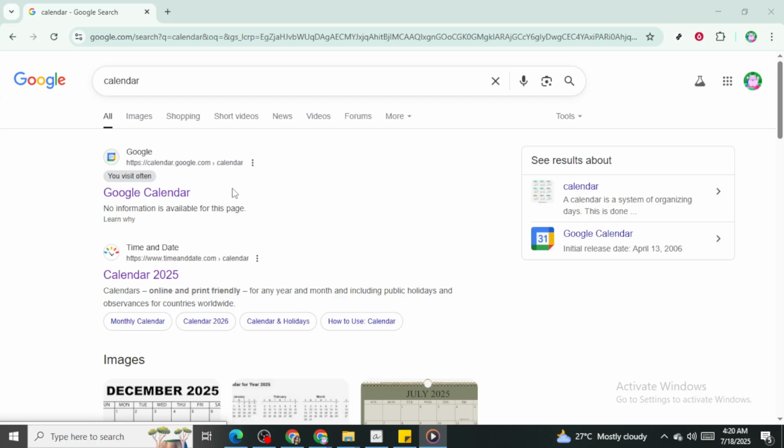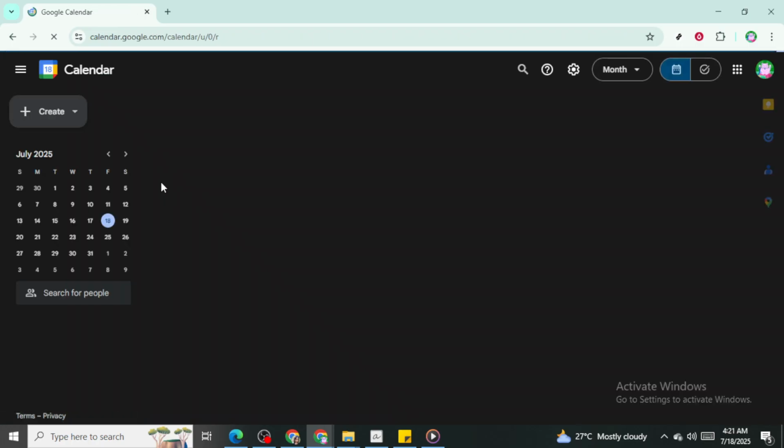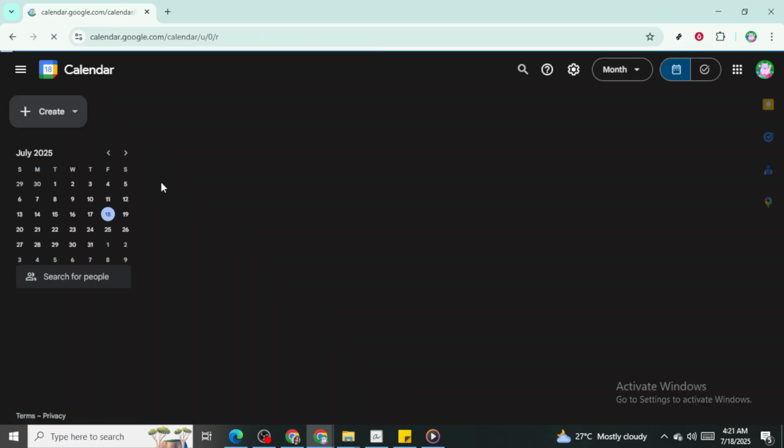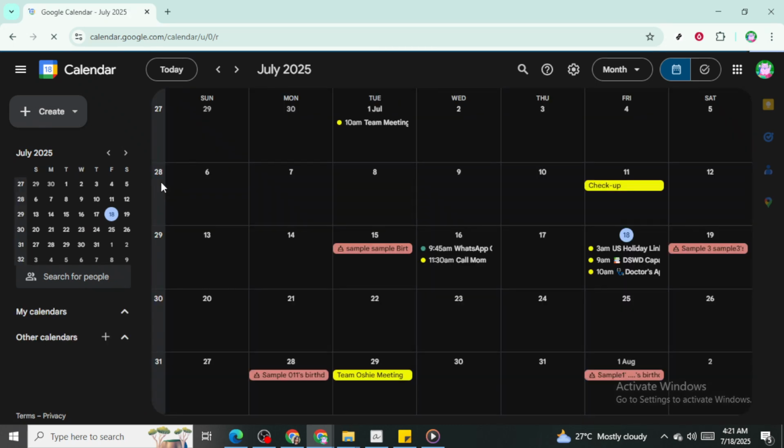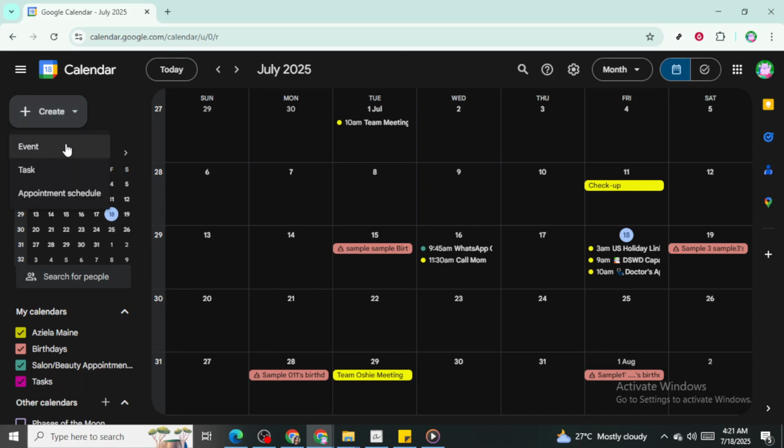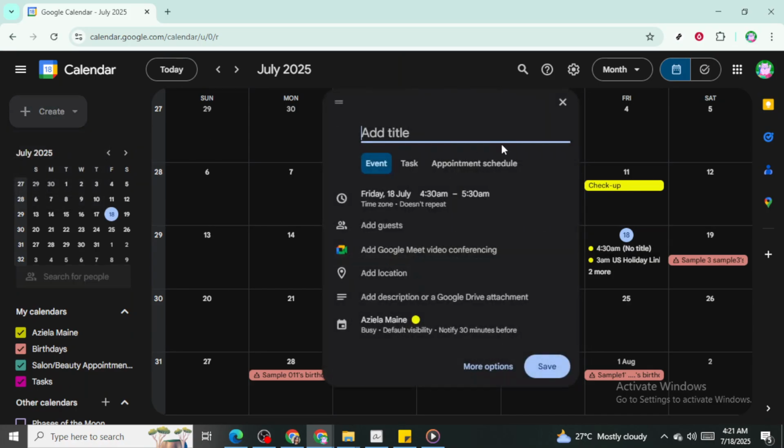First, open your web browser and head over to calendar.google.com. This is where most of the magic will happen. Once you're on the Google Calendar homepage, locate the Create button, usually situated on the top left side of the screen. Clicking this button will open a new event window where you can input all the details of your meeting